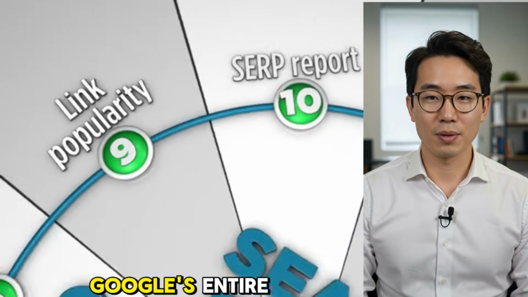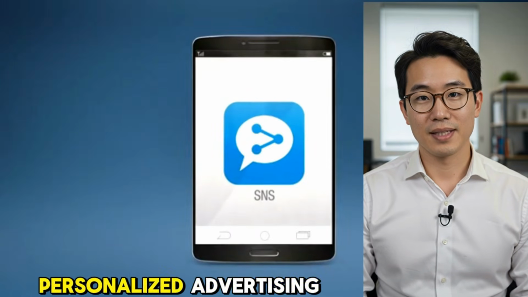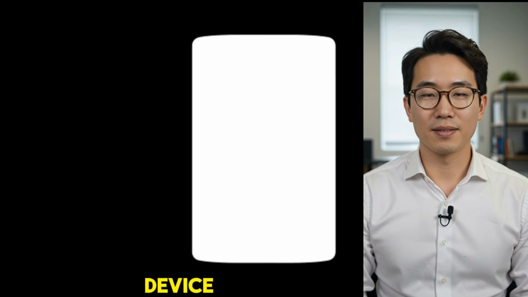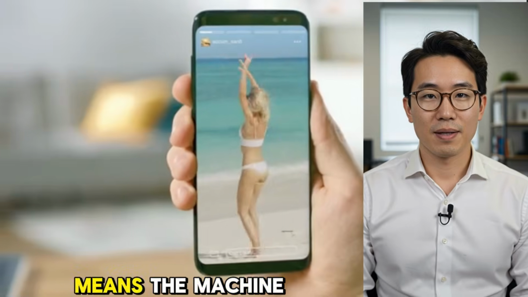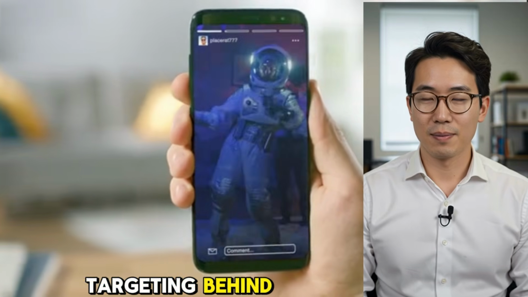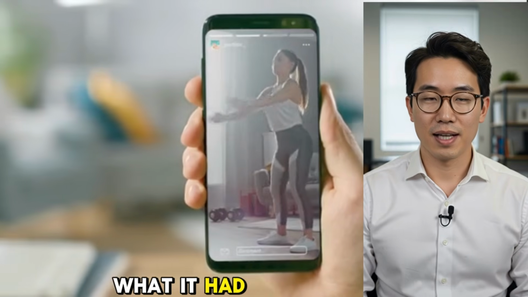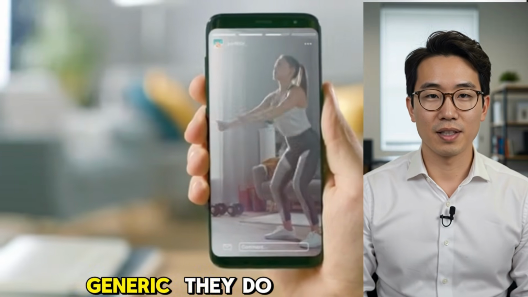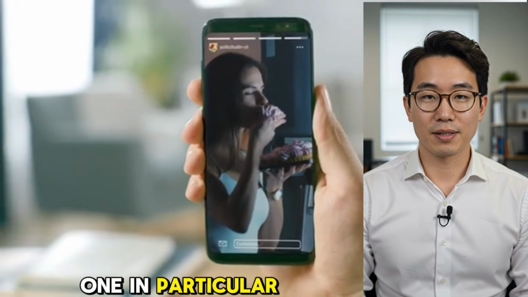The opt-out from ads personalization and privacy settings works hand in hand with the advertising ID deletion. Together, they signal to Google's entire advertising infrastructure that you are no longer a viable personalized advertising target on this device. This does not mean every app stops showing ads immediately. It means the machine learning and behavioral targeting behind those ads loses its data source and its permission to use what it had. The ads that remain are generic. They do not know who you are. They are aimed at everyone and no one in particular. That is